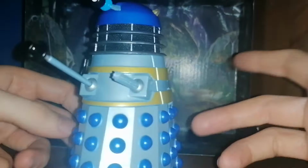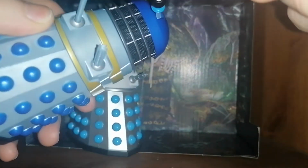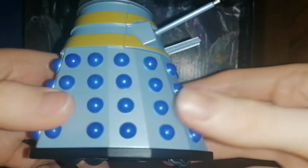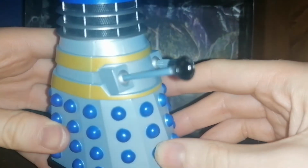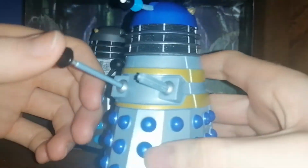Now the detail, lovely as ever. We've got the dome with the egg cup lights, the eye rod with the eye rings, and the little black iris with the white disc. The mesh detailing is always great with the neck bend and the struts. We've got the shoulder section, that's gold, obviously. The darker blue hemispheres, which have quite a nice purple tinge to them. I've only just realised that. That is quite nice. And the black fender and plunger